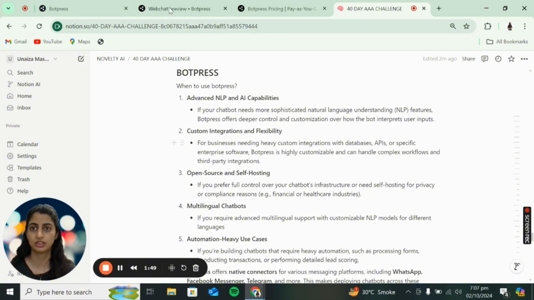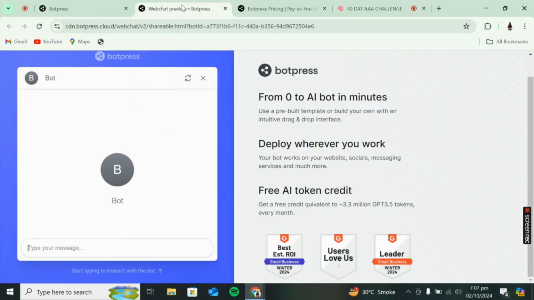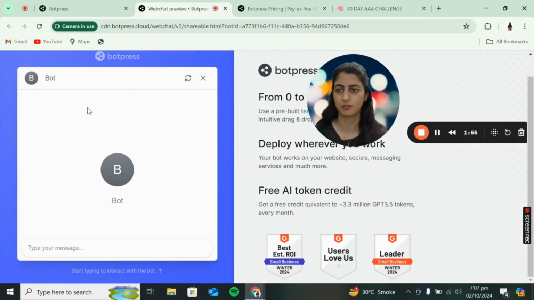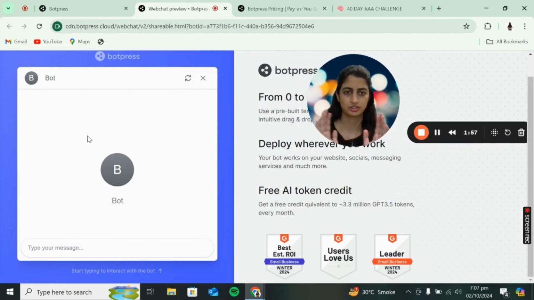I think I should first start off with showing you the chatbot that I created, because that would really help with the context of this video. Obviously this is not customized at all. I just built it for the purpose of a demo. BotPress allows you to integrate a lot of customization. You could add your logo, change the color of the chat bubble, and do a lot of different things. You could also change the first introductory or greeting message. So let's talk to the bot that I created.